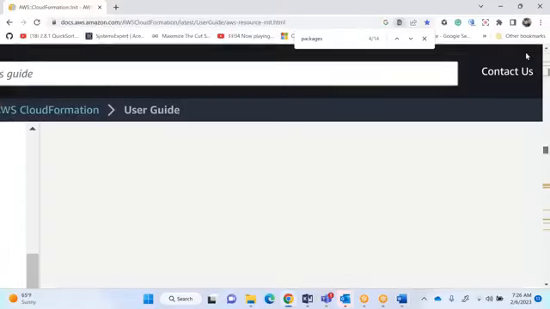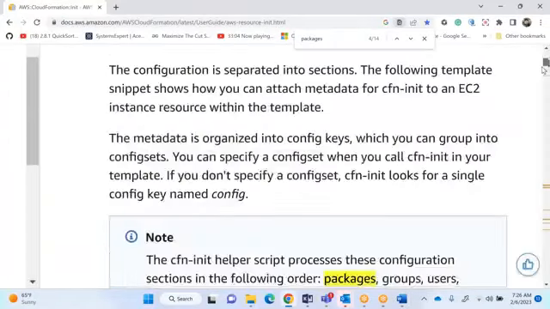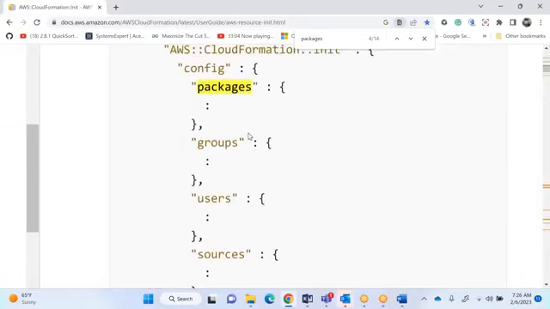Then you go into the next one. What is the next one? Group, sir. What is the meaning of a group and a user? In Linux operating system, before you install any application servers, you will go and create certain groups and users. Only those people can configure your application. Not any other people should configure your application, right? Only certain people should configure it. That is the reason why they will do those things.